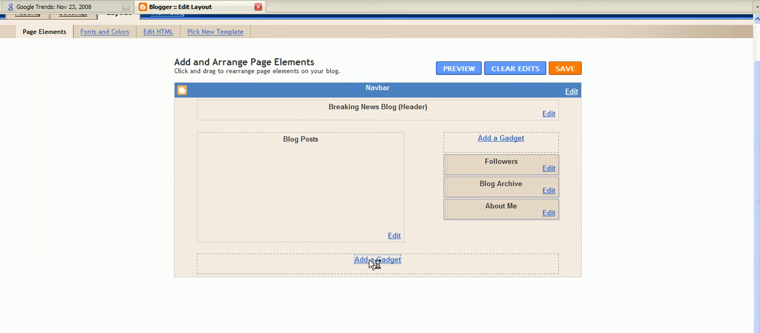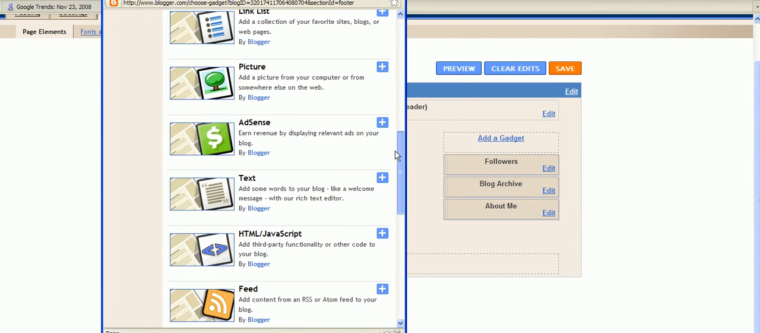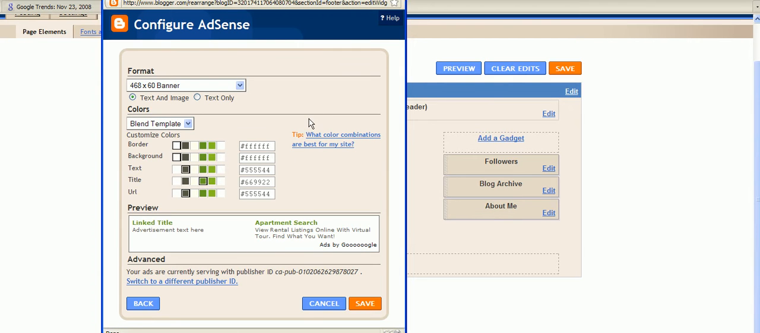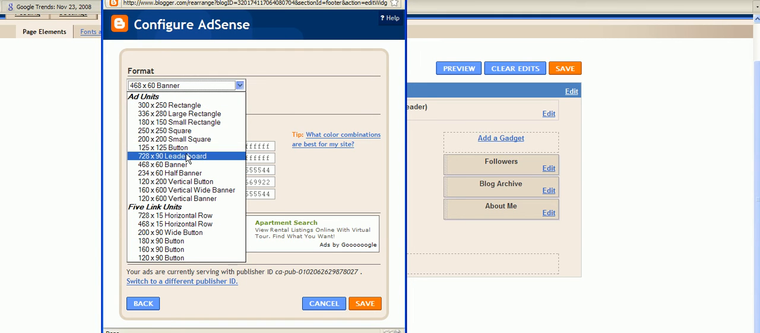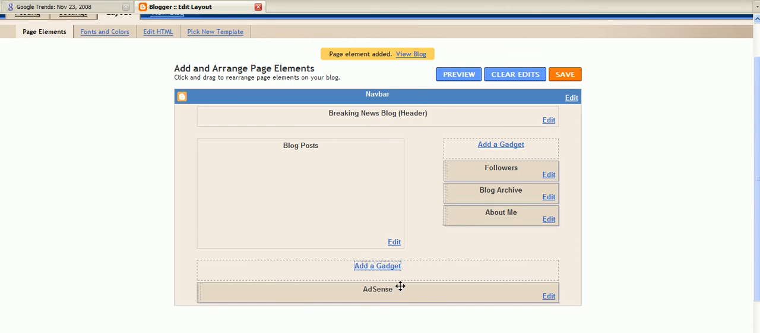The next step in this process would be to go back here now that you do have your AdSense account ready to go. Just click on AdSense, and then you can click on save. Now you can choose what size of banner you want to use. For this particular theme, and for a lot of themes, a 468 by 60 top banner works out great. Text only ads tend to be the best ones to go with, and blending the template gives you the best results. So we're going to click on save right there,